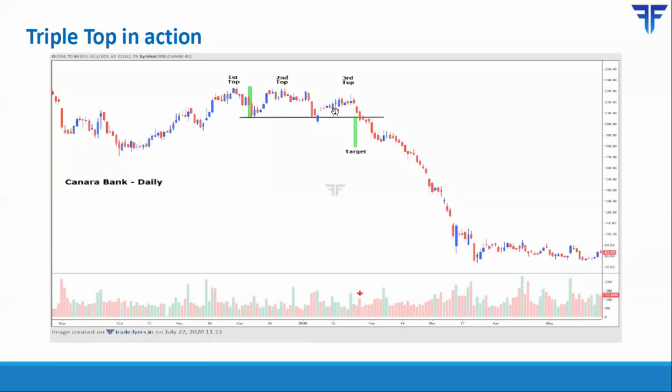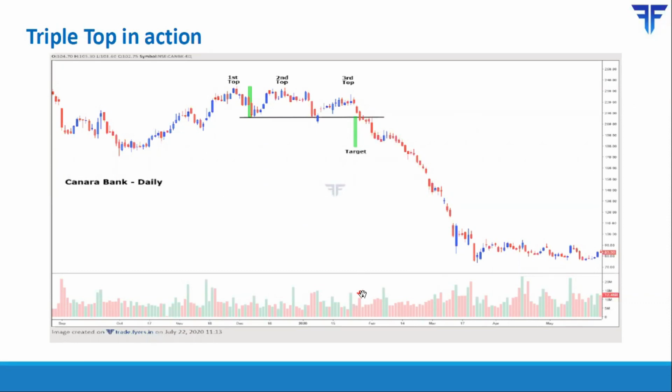As you can see, at this point in time, it looked like this is a double top breakdown. But the thing to note over here is that price opened with a gap down, but for this particular day, there was no true selling. After opening with a gap down, it rallied to close back above the neckline. From there, price rallied again. So you have three peaks that are occurring at more or less the same level. From there, price fell, and then there is an eventual breakdown from this pattern.